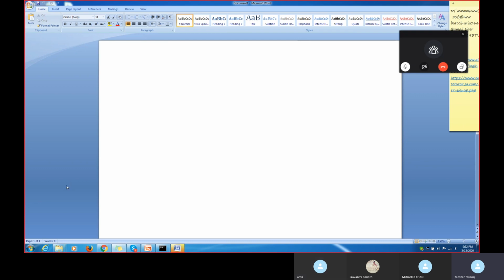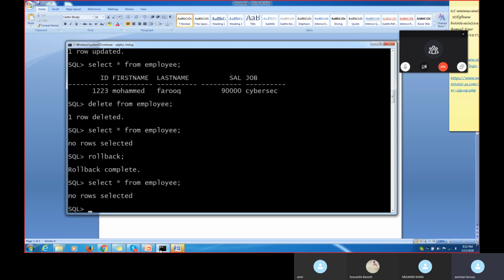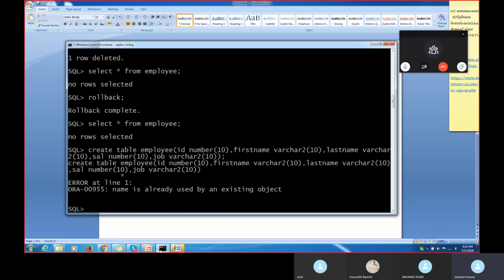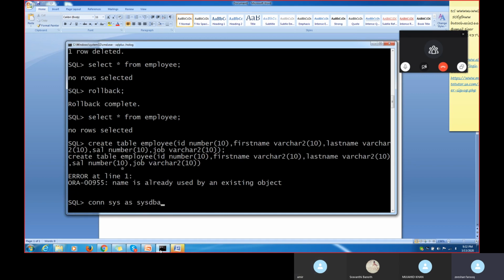Suppose, for example, I have just created a table. Let me create the table now. Just now we created one table like this. Let me go back here and insert the values. The table already exists. After this step, we click on insert the values like this. This came like this.